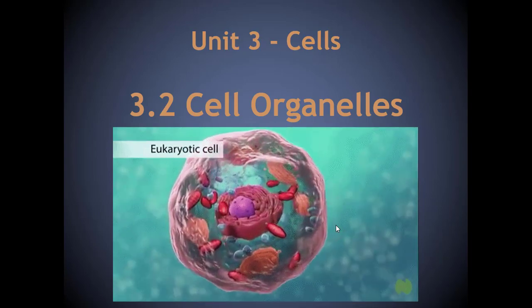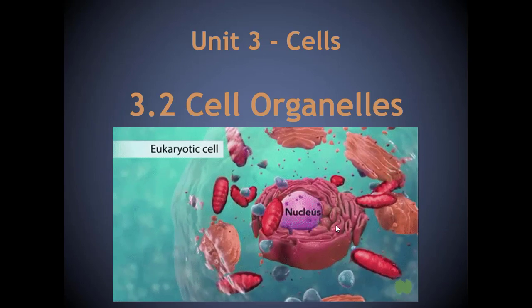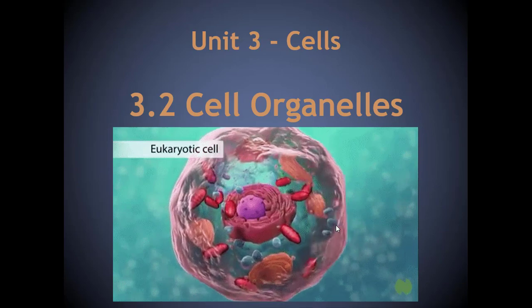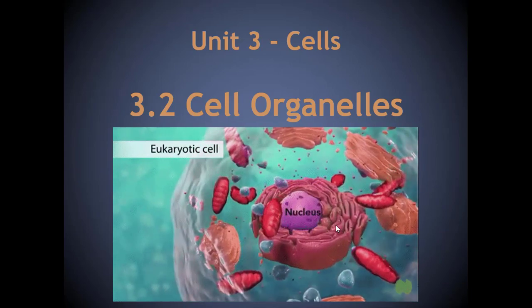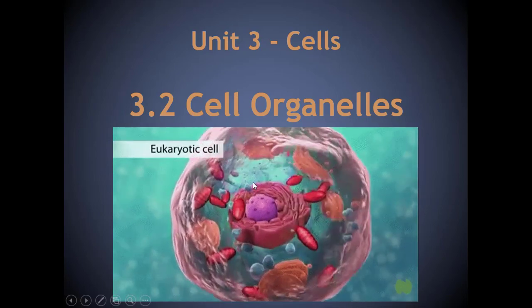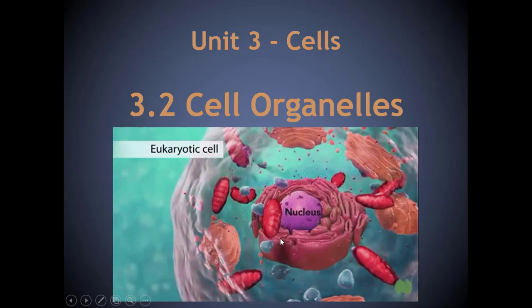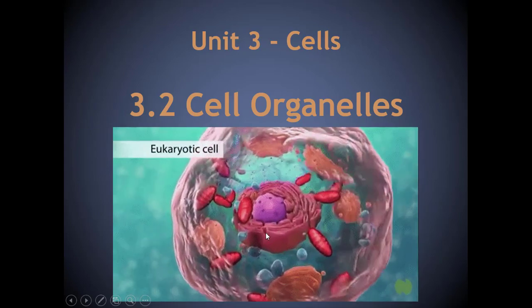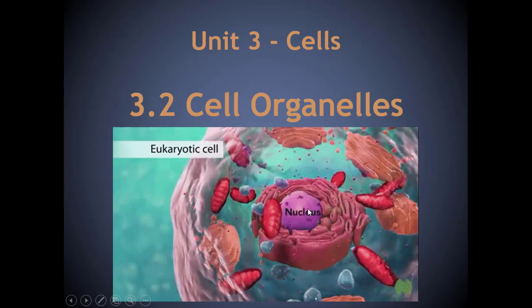Well, hello everybody. We continue our discussion on cells and cell organelles in the eukaryotic cell. Right, so this is a little animation showing us the cytoplasm with the organelles, the nucleus, central nucleus. This is the typical animal cell. So the nucleus is central. You can see the sausage-shaped mitochondria floating around,